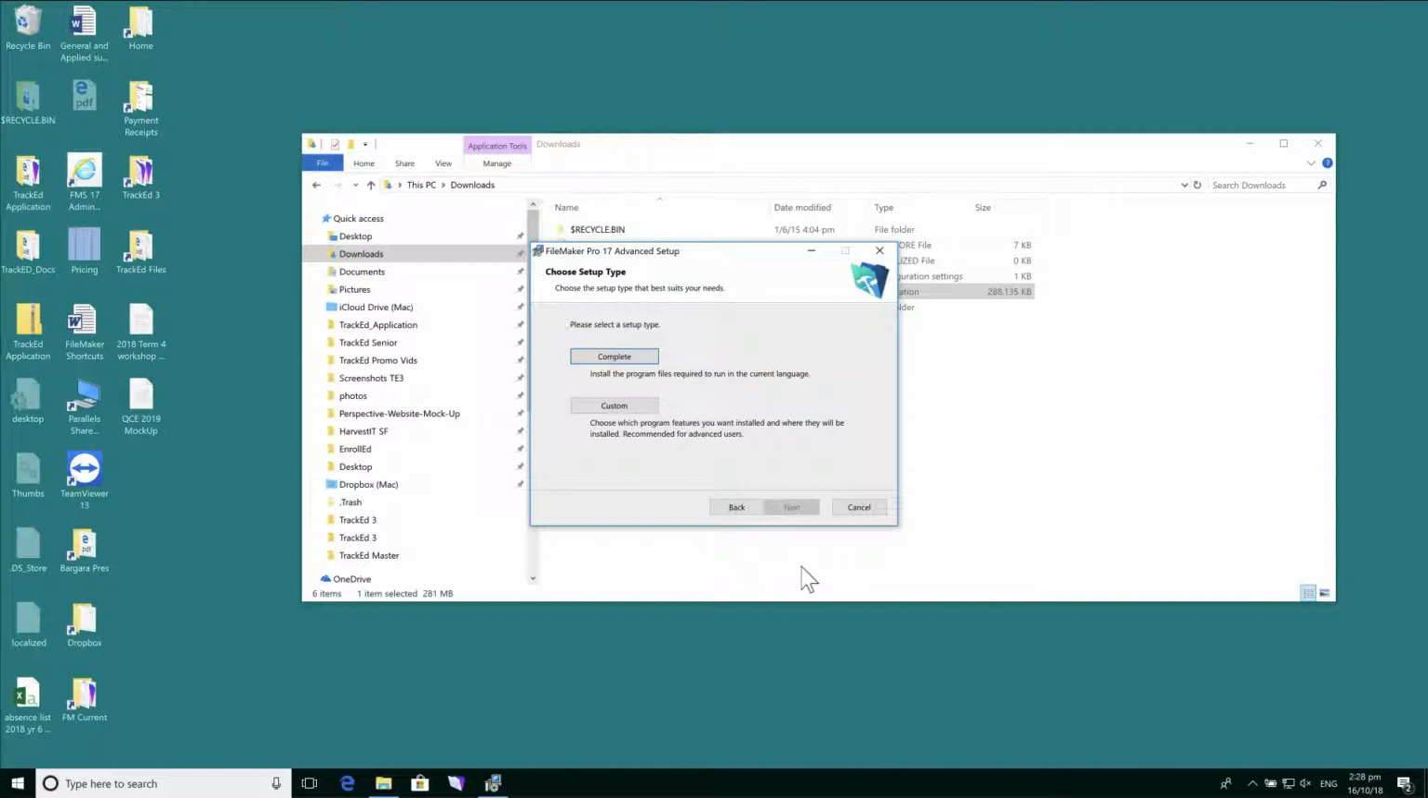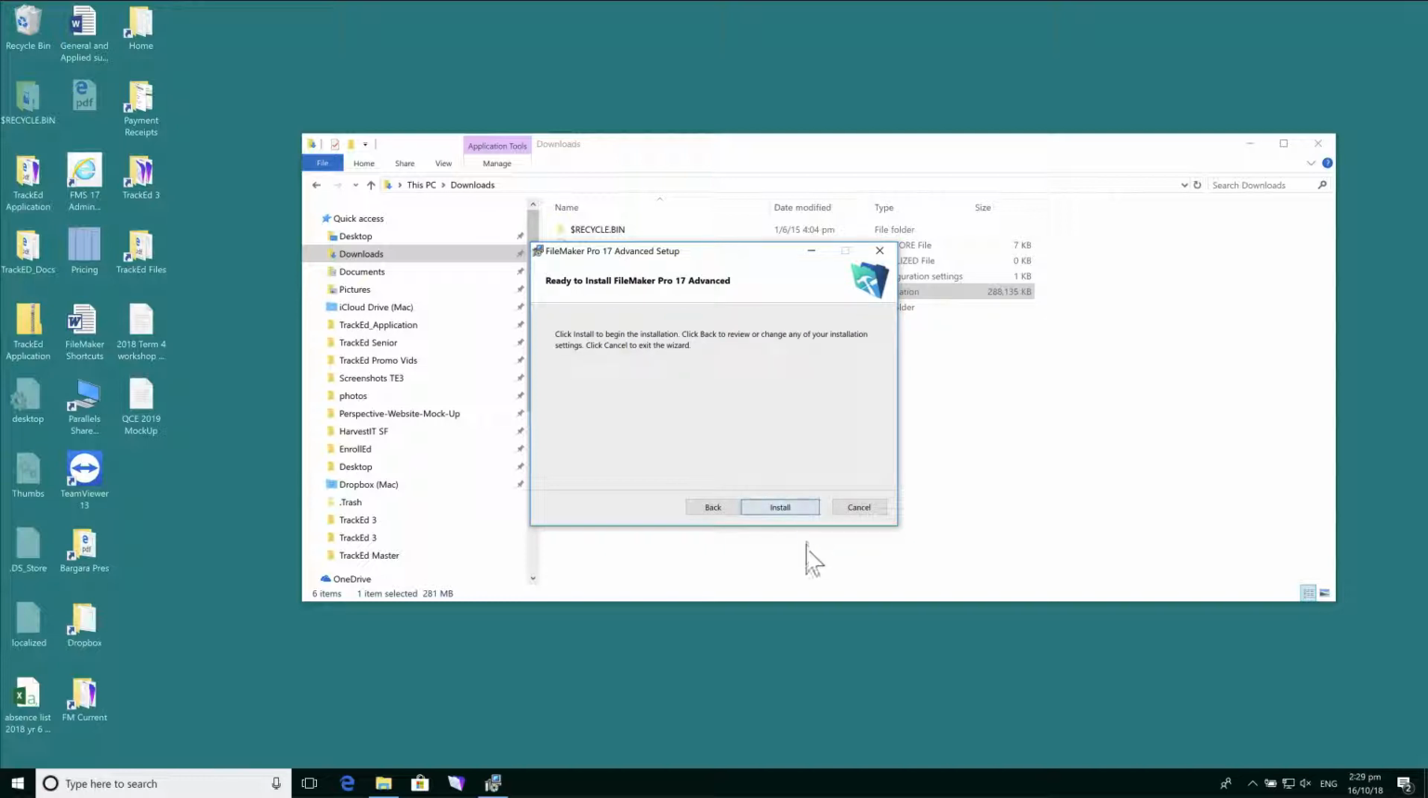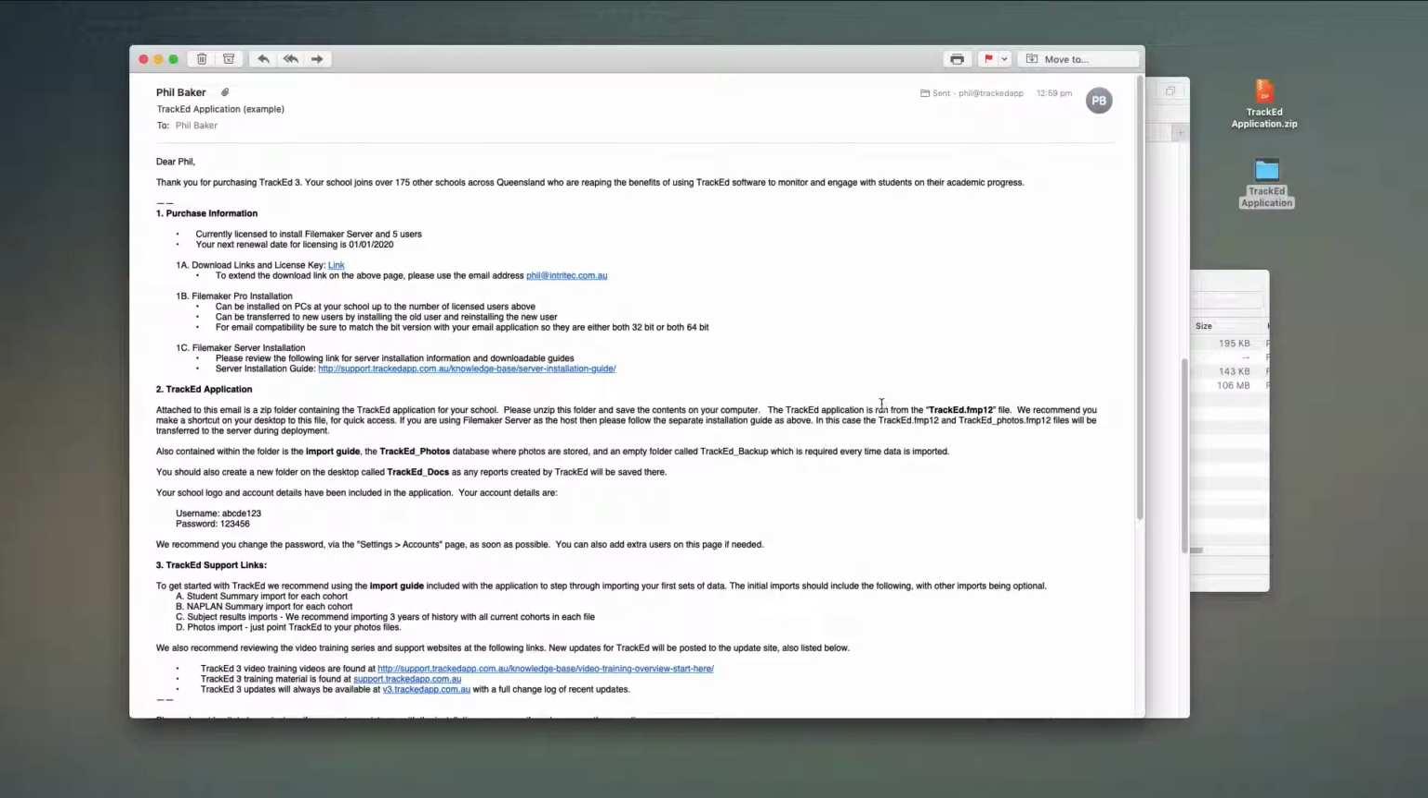And it'll use the default path. We can choose a complete install, and desktop and quick launch bar, go. And so that's now going to run the install process. Once that's finished, FileMaker Pro will be installed on this computer, and we'll be able to access the TrackEd application in the next step. Okay, so you've got FileMaker Pro installed now, and we're back to that original email and